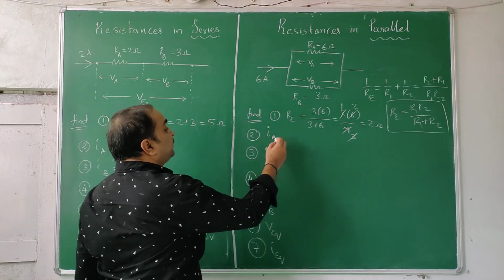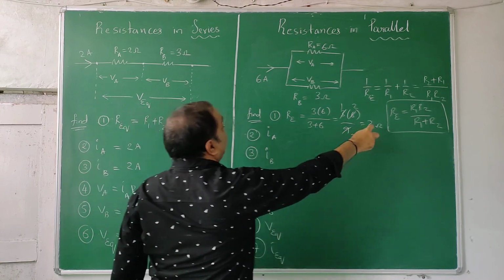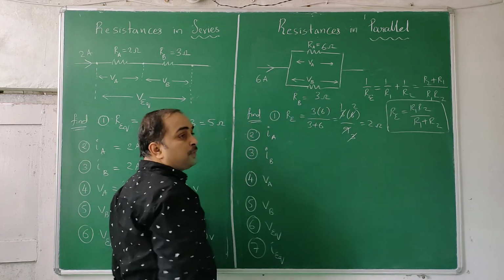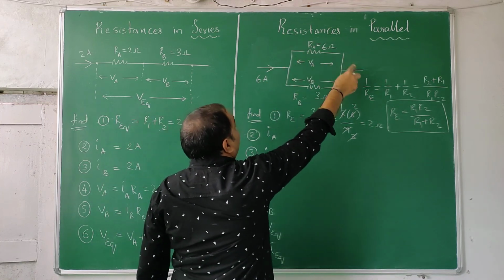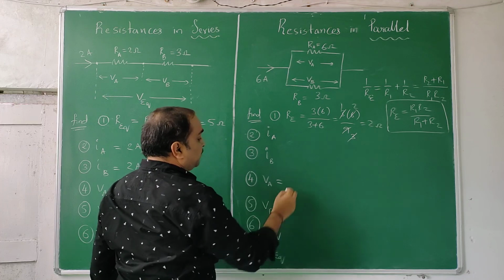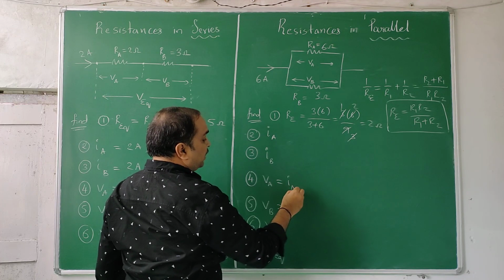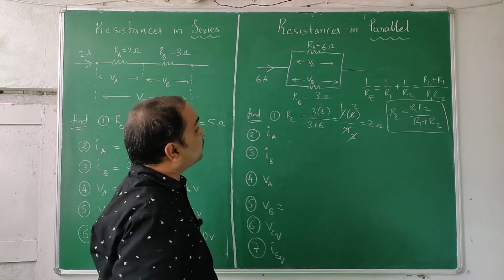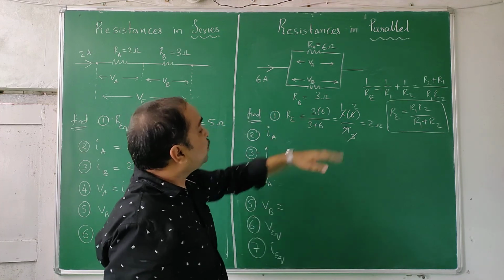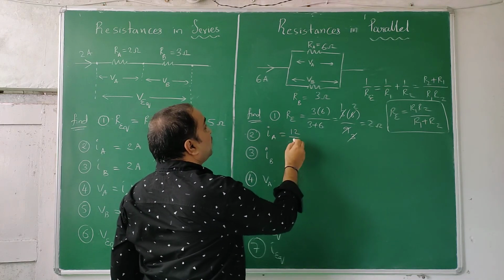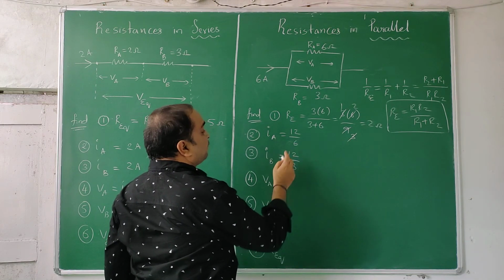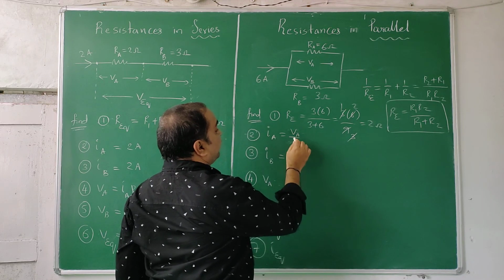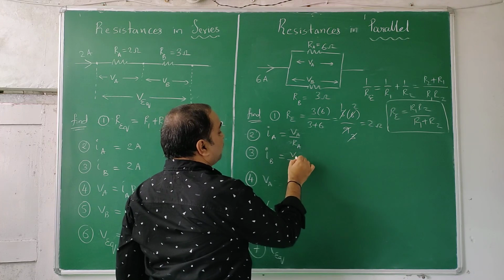Similarly, IA and IB. So using this R equivalent and I equivalent, we can find the multiplication of that. 6 2s are 12. That is V across A, that is V across B. Okay. Let me find out. Potential difference is required for us. Potential difference is 6 2s are 12. 12 by 6, 12 by 3. V by R, V by R. I write it. VA by RA, VB by RB.